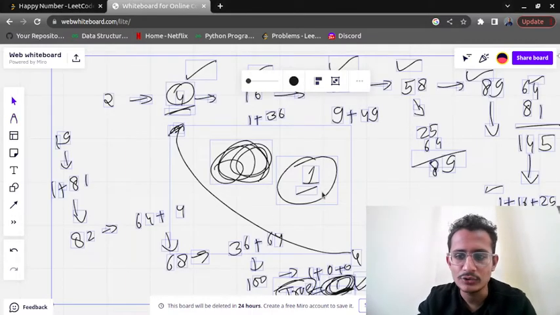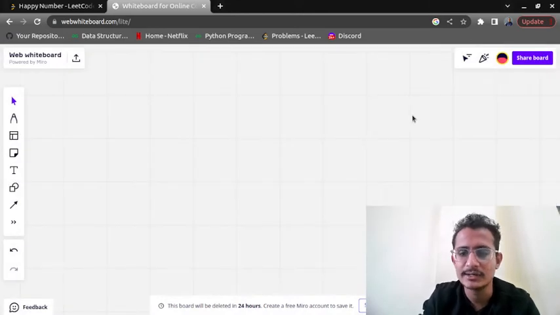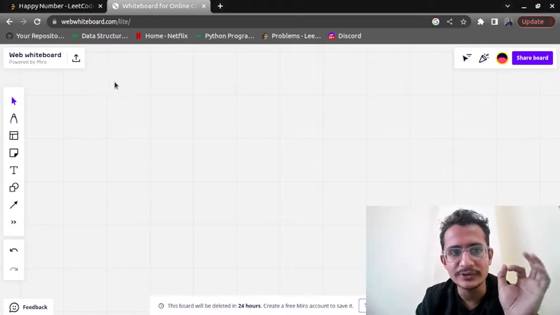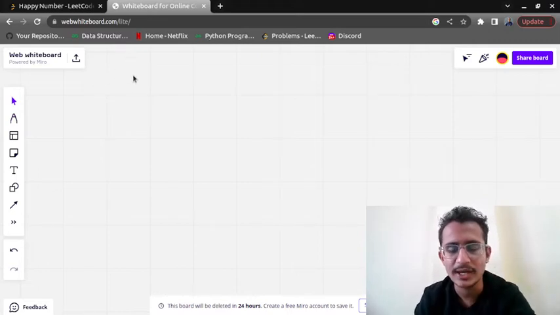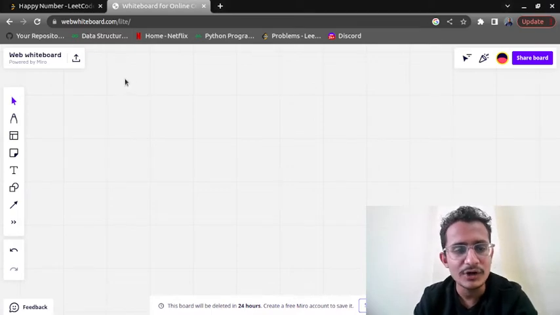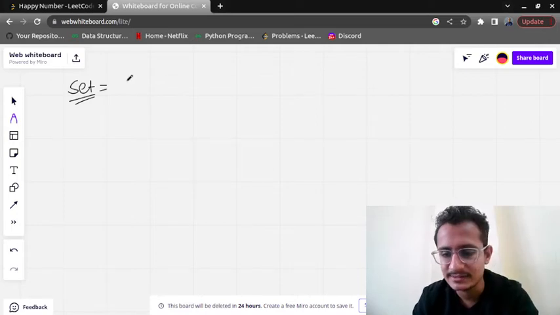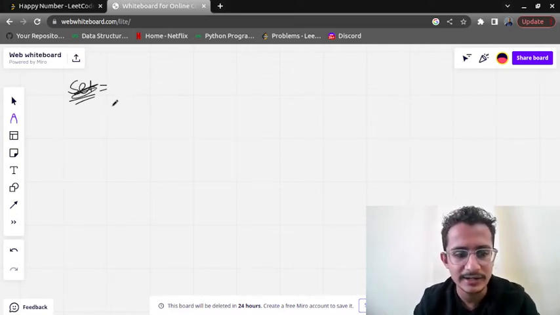Okay, so now let us see the approach that we need to follow. First of all, we got to know that elements may repeat after a certain period of time. Okay, so what data structure are we going to use here? We are going to use a set. Okay, so we know a set will not add duplicate elements. So first of all, we will require a set.